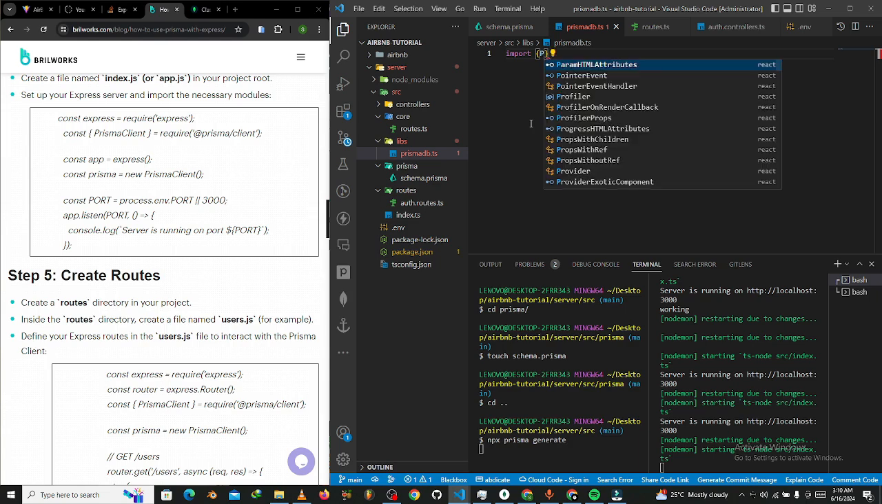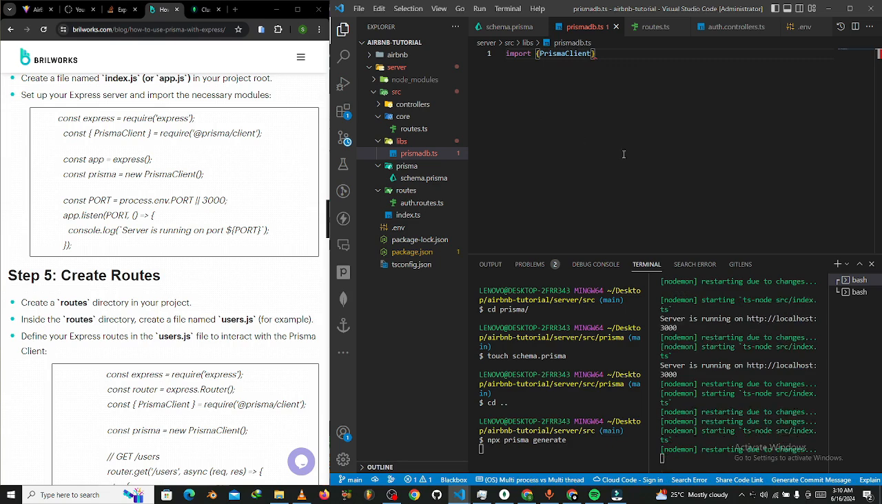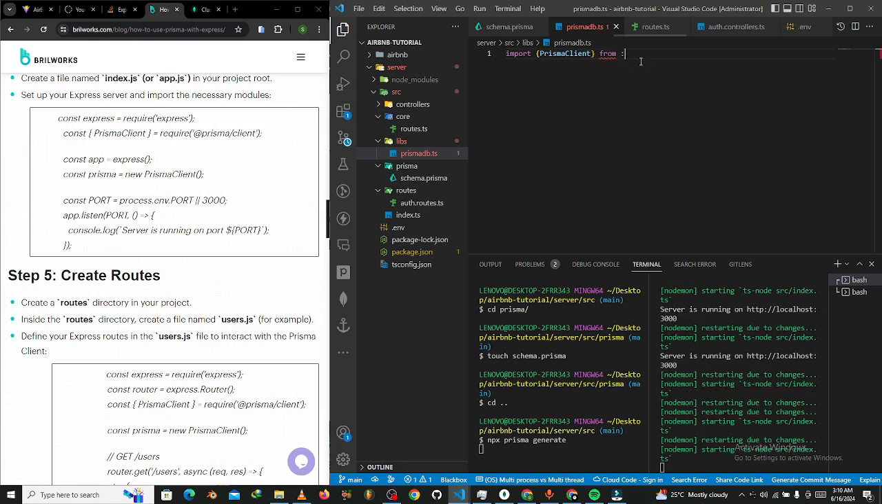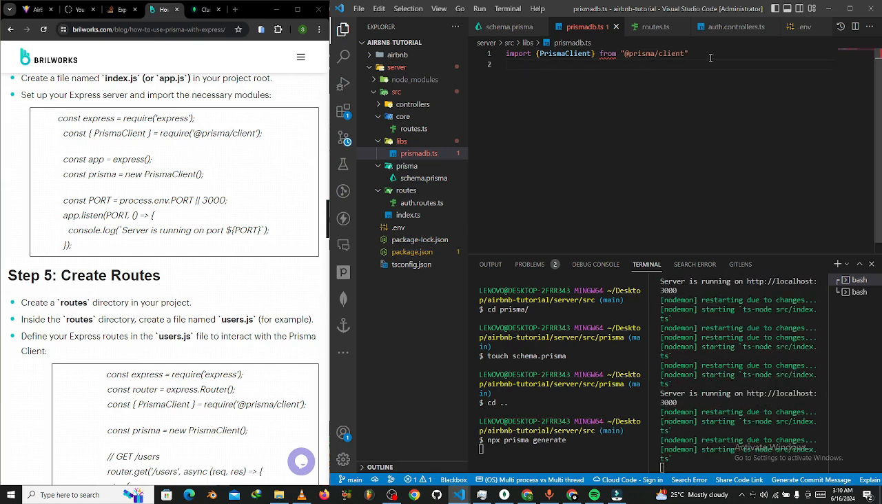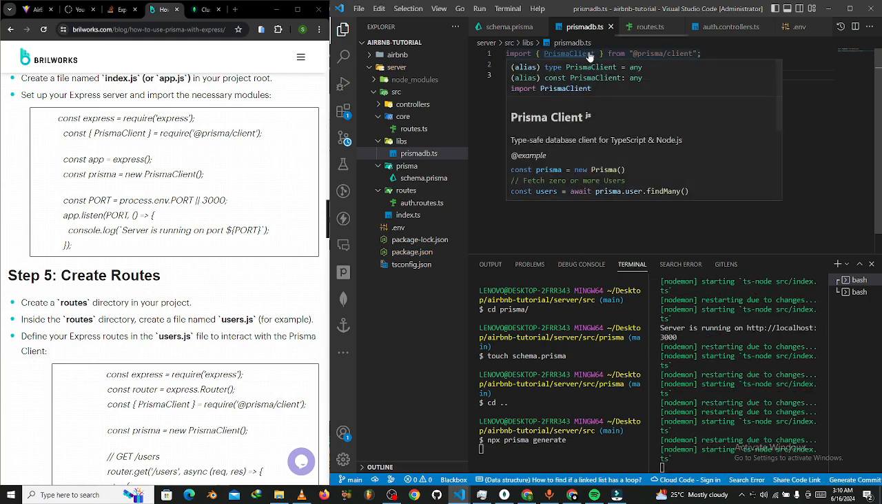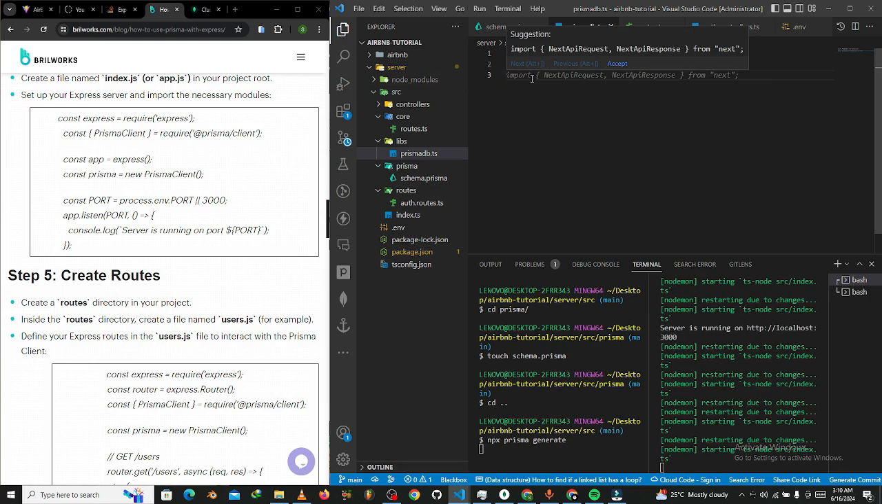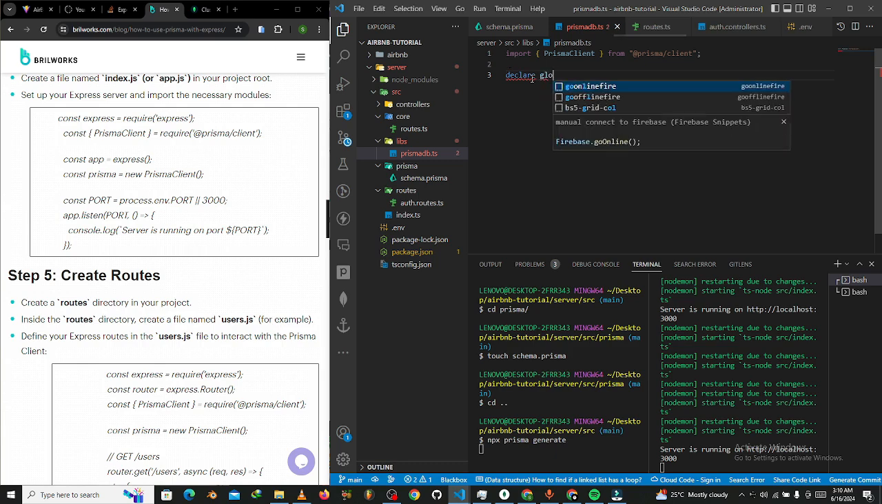right? So PrismaClient from @prisma/client. Okay, so now that we are importing our PrismaClient from @prisma/client, what we want to do is quickly declare global. So we want to declare global, and then we say var prisma, then we say PrismaClient,